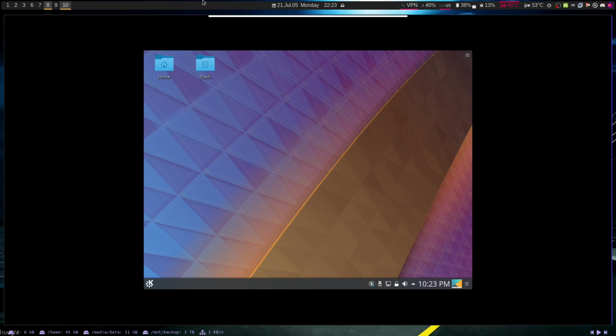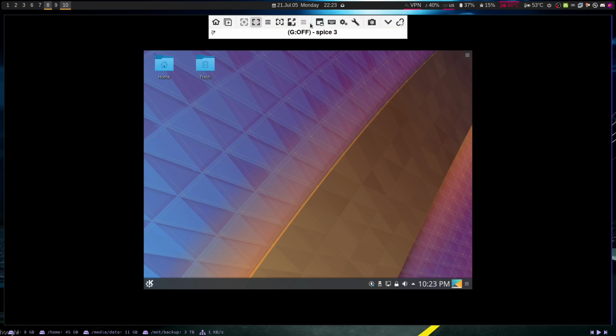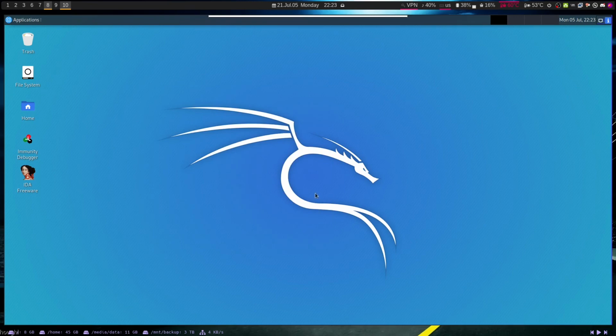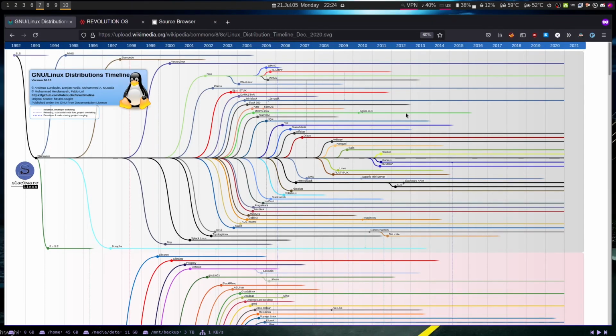And there are also certain purpose-built distros. I showed Kali Linux, which is a security distro built specifically for penetration testers. Same thing with Parrot OS. There are other kinds of distributions which are specifically built for forensics, or specifically built for servers. There are all kinds of different types of distributions and different reasons why they exist. Linux is very complicated, and there's a lot of things which have happened throughout Linux's history, in a very short amount of time, and it's really developed into a very mature solution which is used all around the world.